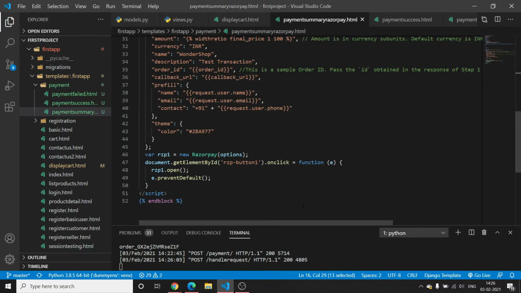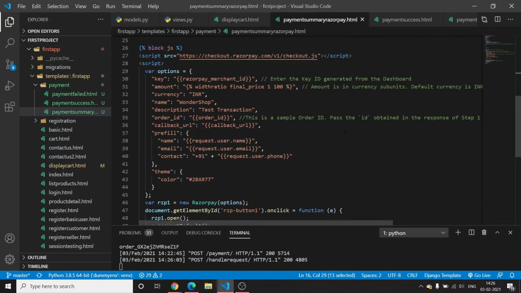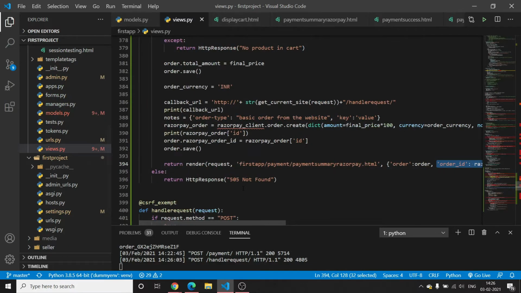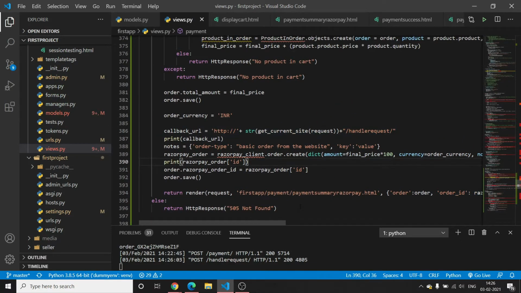It's the work of Razorpay to handle all the processing in the backend, and then if it's successful, if all the things go smoothly and work properly, then it will call the callback URL that you have mentioned here. It will call this callback URL, and we have provided the callback URL here as this one, handle request. So after all the things have gone smoothly, Razorpay will handle all the stuff, like failing that payment or making that payment successful. So all the work is of Razorpay.